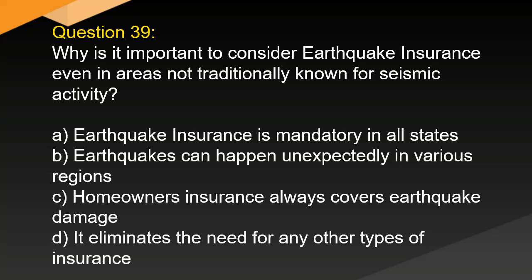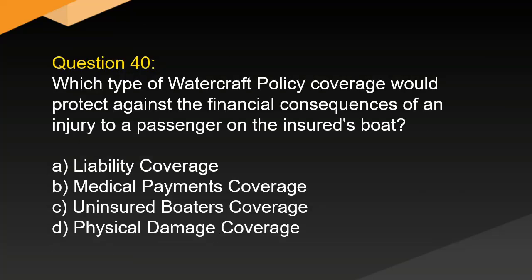A. Earthquake insurance is mandatory in all states. B. Earthquakes can happen unexpectedly in various regions. C. Homeowners insurance always covers earthquake damage. D. It eliminates the need for any other types of insurance. Question 40. Which type of watercraft policy coverage would protect against the financial consequences of an injury to a passenger